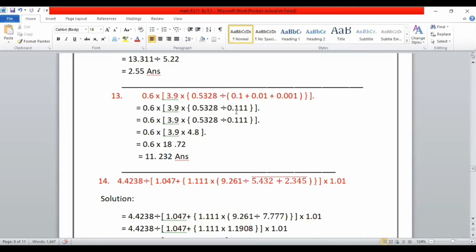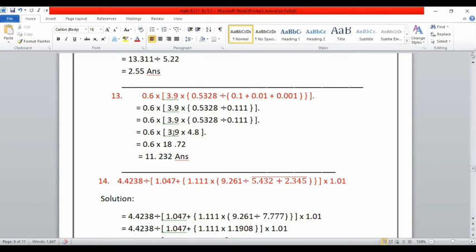You will write here, and here the decimal point is removed. You will write under here 1,000, and here will be 1,000. Here will be 10,000. Then 10,000 you multiply last. First you divide this value. Then position change. Zero will be cancelled also. But as I mentioned in the book, you can divide this directly here: 0.5328 divided by this one, 1.133. Then we will get 4.8, we will get 4.8 here.